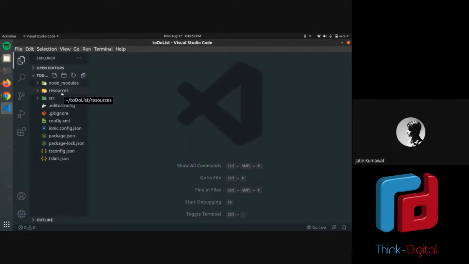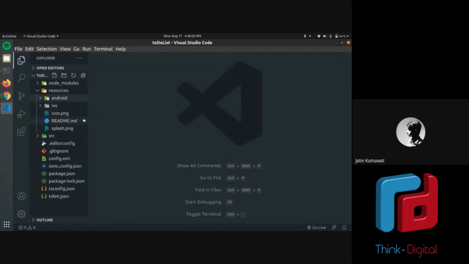Second is resources. It's a bit important, but again, you don't need to open it or do anything about it. It has different content for Android and iOS, like the icon every app has in your menu or app drawer, which is placed here. You can change it if you want. And there is splash. When you launch an app, there is a 1 to 2 second delay, and whatever you see at that time is the splash screen. You can change that too, but we will not do it today. That is the resources folder.